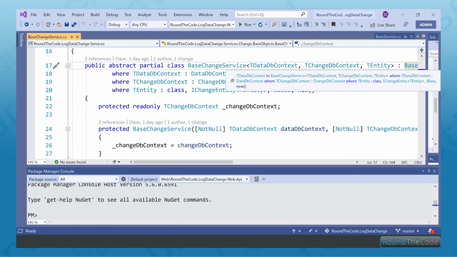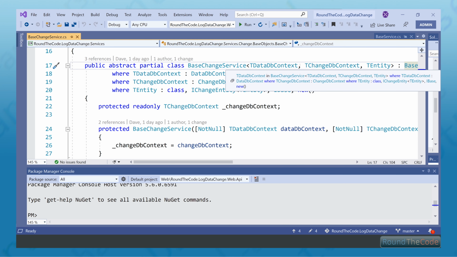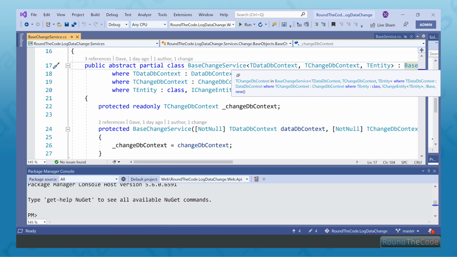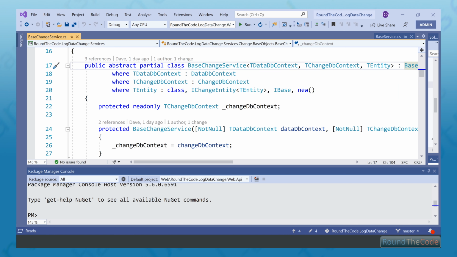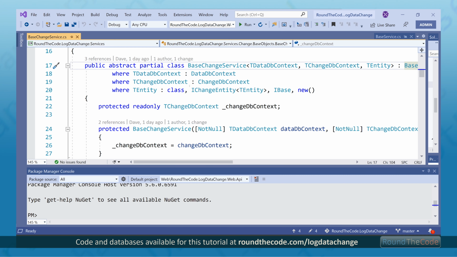But before that, I'm going to talk you through some of these generic types that we've got up the top here that we're passing through. You might see here that we've got a couple of DB contexts that we're passing in as generic types. Why are we doing that? Well, when we come to our test-driven development, we can create separate DB contexts using in-memory, which basically means it doesn't communicate with the SQL Server. That means we can set up a separate DB context when we're testing